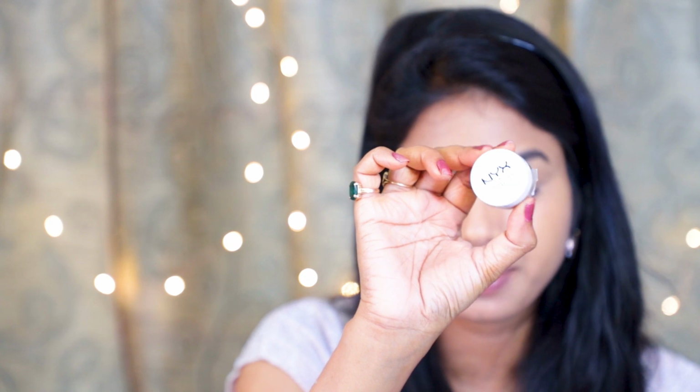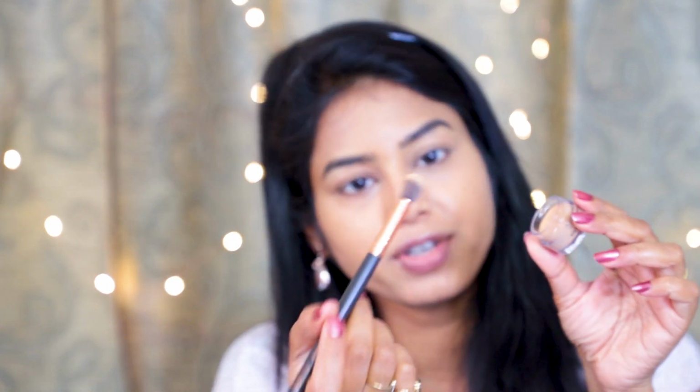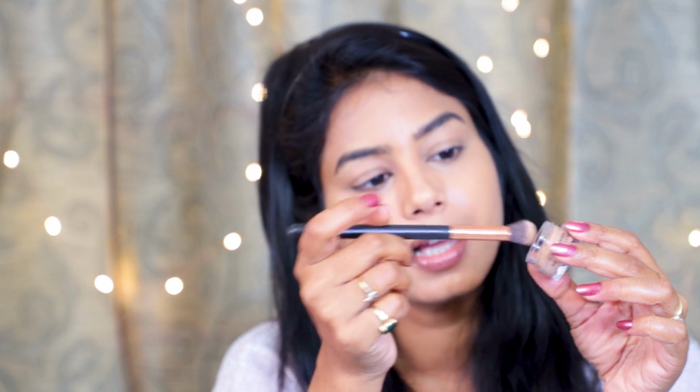For priming my eyelids, I'm taking this NYX Professional Makeup Eyeshadow Primer, and I would be using the same concealer brush that I used for blending my concealer. It has some of the leftover concealer in it, and I would be dipping it into the tub. And then